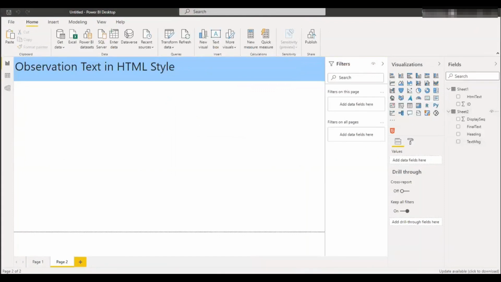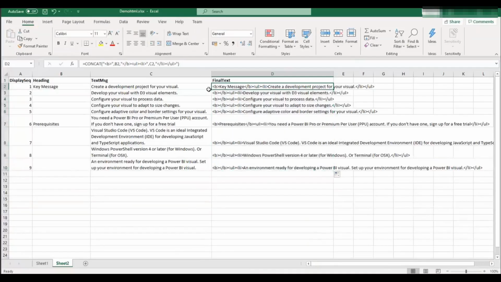This HTML you can also do in Power BI using a custom column. You can create a custom column and do it in Power BI also, but I did it in Excel. So let me show you now.